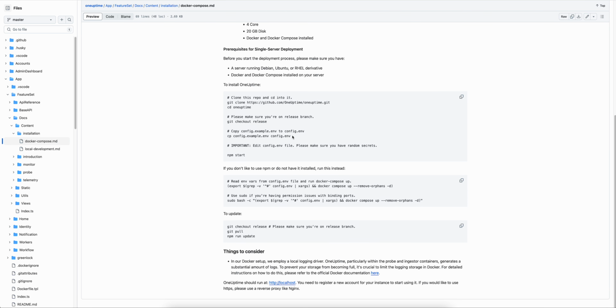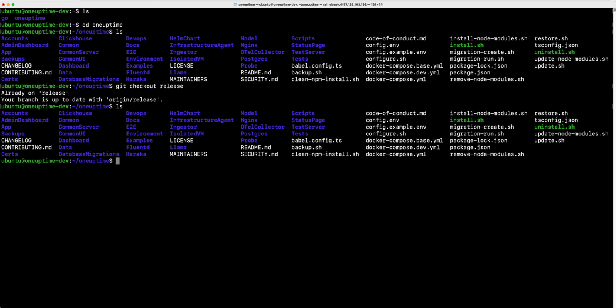All right, once you've done that, you need to copy config.example.env to config.env. I've already done that here as well. This is the config.example.env, and you just need to make a copy of this file and call it config.env. These are your environment variables for this project. So if I show you how this file looks,